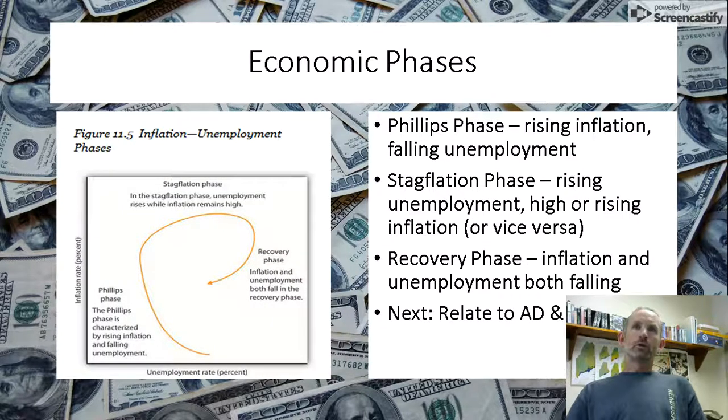Okay, so more recently, since we've seen these exceptions to the Phillips curve, they're starting to talk about the economy as working in phases. While I think the Phillips curve relationship is still generally true a lot of the time, what you often see are these circular phases. To get this kind of diagram, they're just plotting both the inflation rate and the unemployment rate at different points through time. So this shows you three phases.